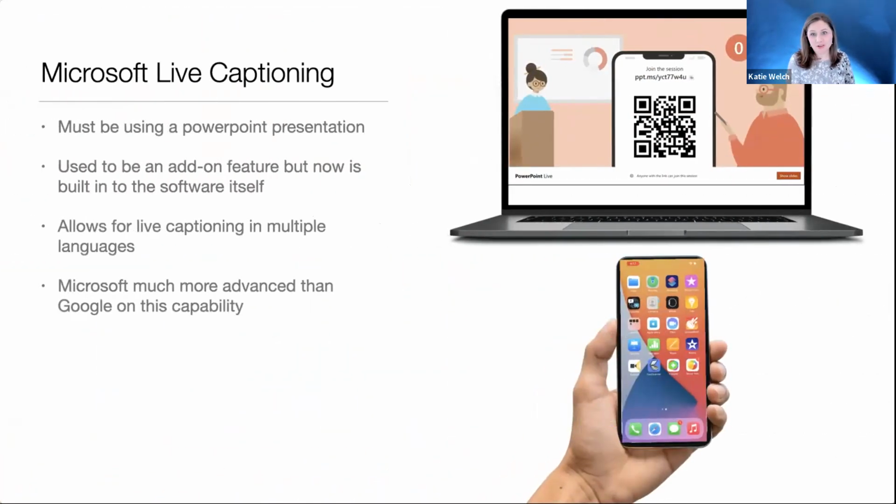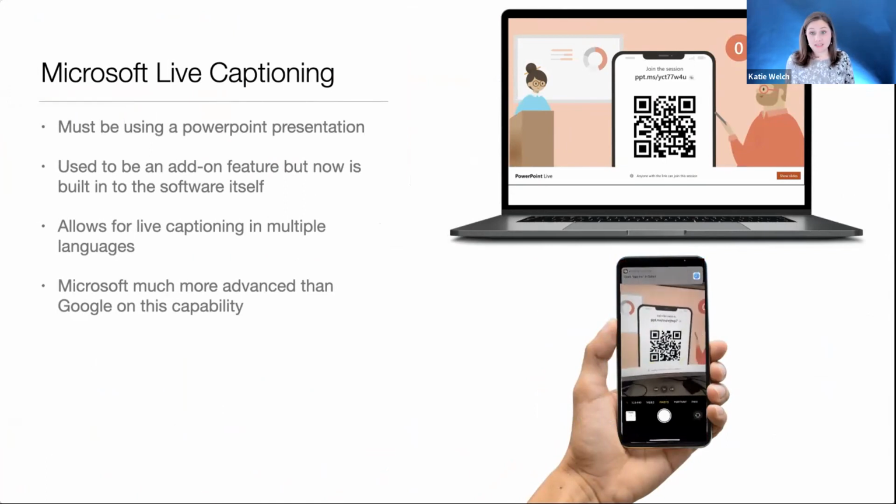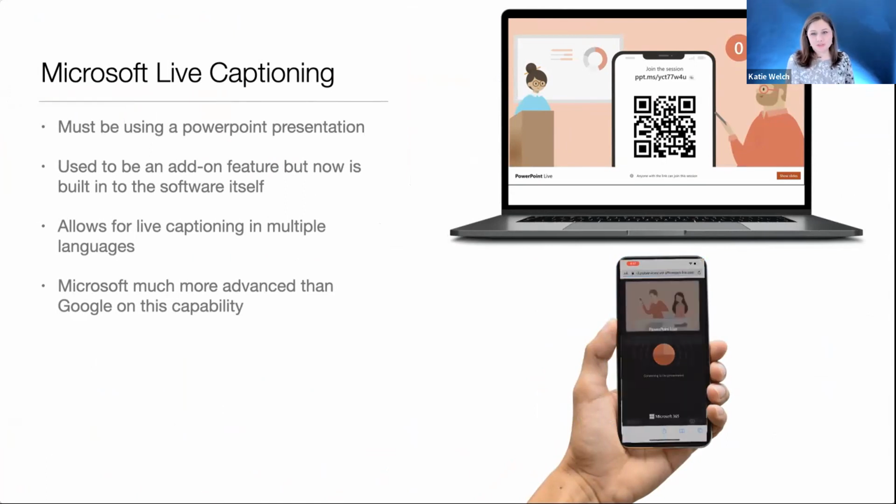The other one I want to tell you about that is just a new technology and just really amazing, like mind-blowing, is Microsoft Live Captioning. A lot of what we've talked about today would be asynchronous communication, where you and the parents are not in the same room together. But let's say you have a parent information night. Very common thing that happens at the beginning of the school year, where teachers are explaining their policies and their syllabus, things like this. If you have multilingual families in the audience, they may not know what the communication is that's